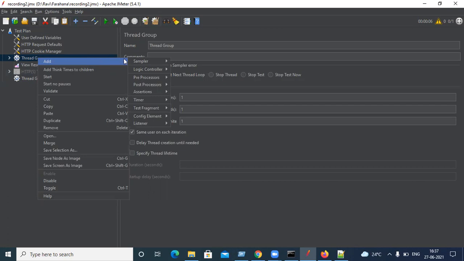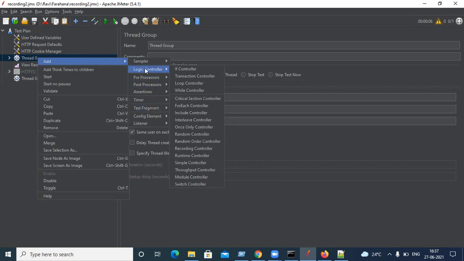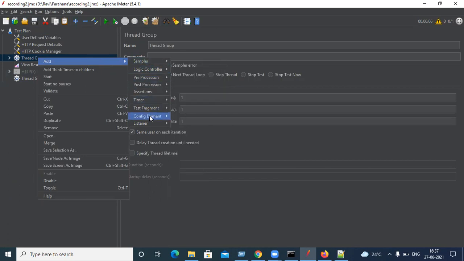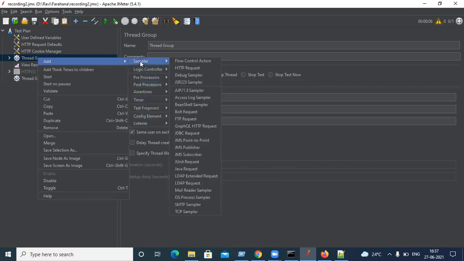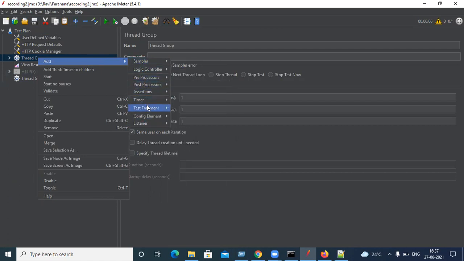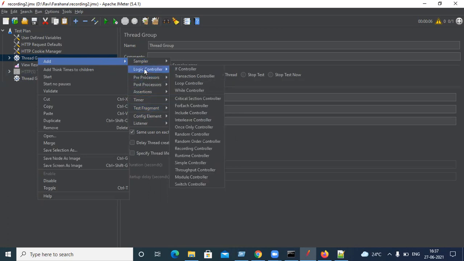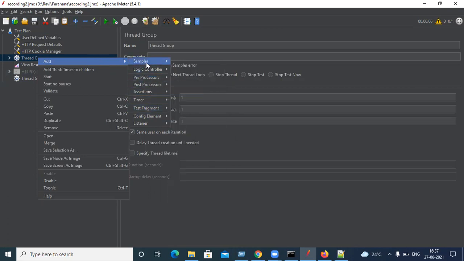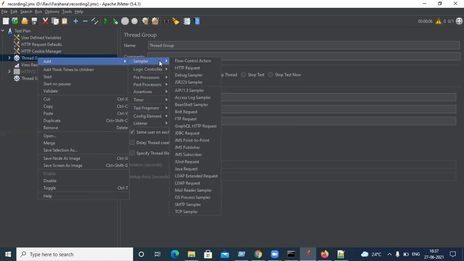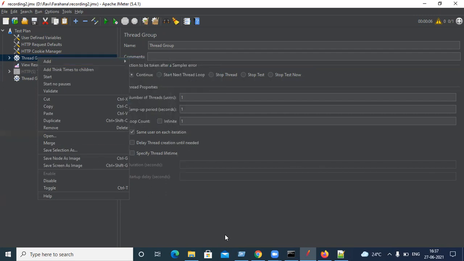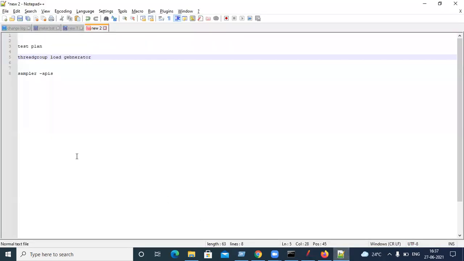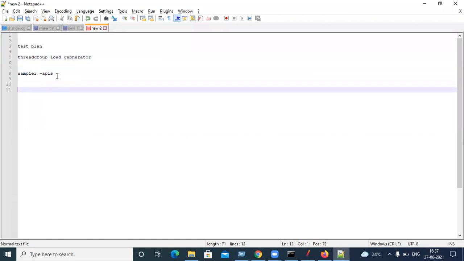JMeter is completely dependent on these 9 components. Now we will learn all of them one by one. If you simply know these 9, then JMeter is done. You should be able to understand what is a sampler, control, pre-processor, post-processor, assertion, timer, at least the main definitions. If someone asks where to find the protocol, you go here and check; you don't have to check all these components. The sampler is where you deal with the protocol. Now we are using the View Results Tree to check the output. This component will come under the listener.